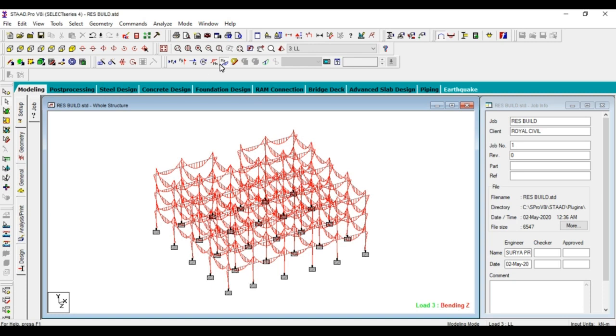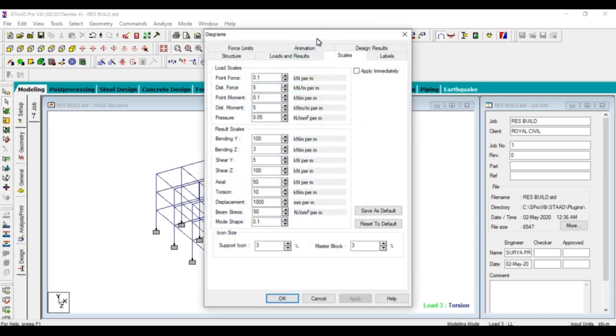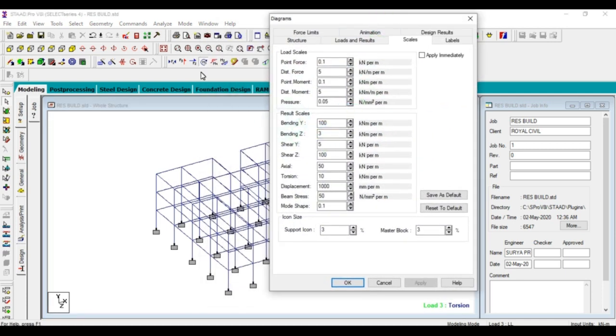Next, if you want to see the moment of the building, you can select torsion or moment. If you want to see the moment of the beams and columns, you should go to scales again and decrease the moment value, that is MX.